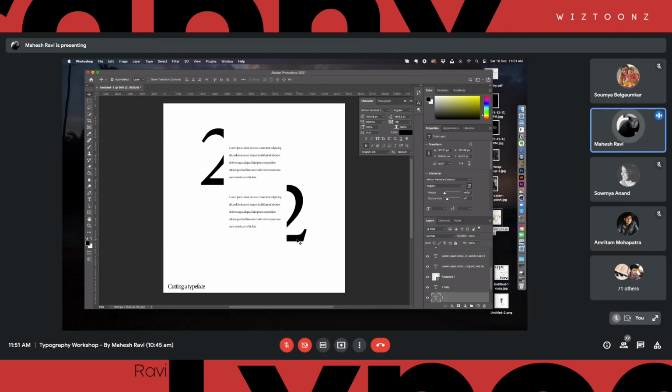We don't usually do it because we are too afraid that this might actually ruin the design, or this might ruin the message and all that. But this is the liberty that you need to take. You need to take that risk to come out with something unique, which actually stands out. That is the whole intention of the workshop, to push you to that level. Especially when you're studying, you can do a lot of these kinds of experiments. You don't have to fall into the safe zone, which I am noticing a lot. You always try to be in the comfort zone and do the safest solution, right?